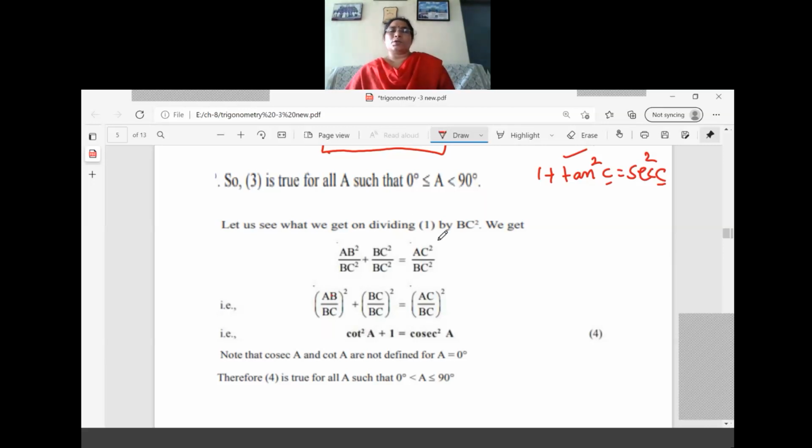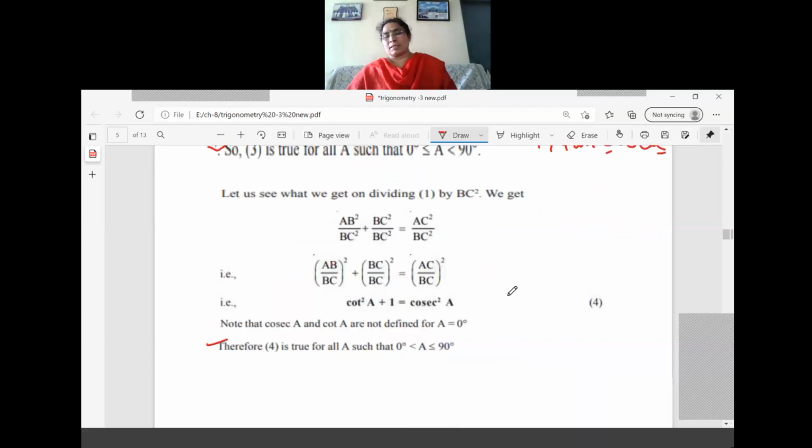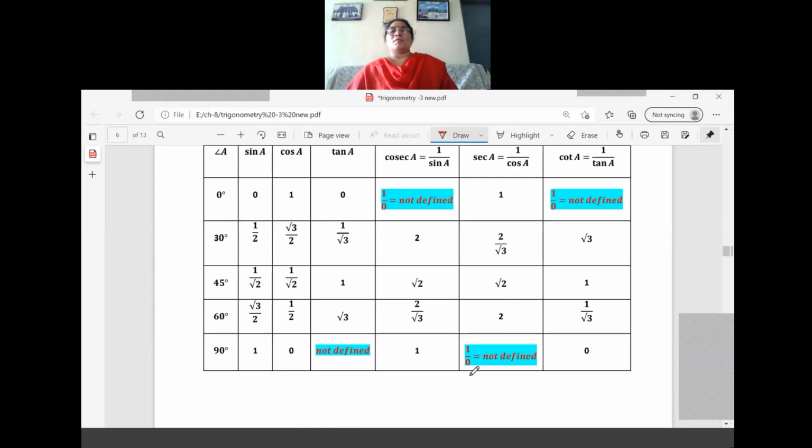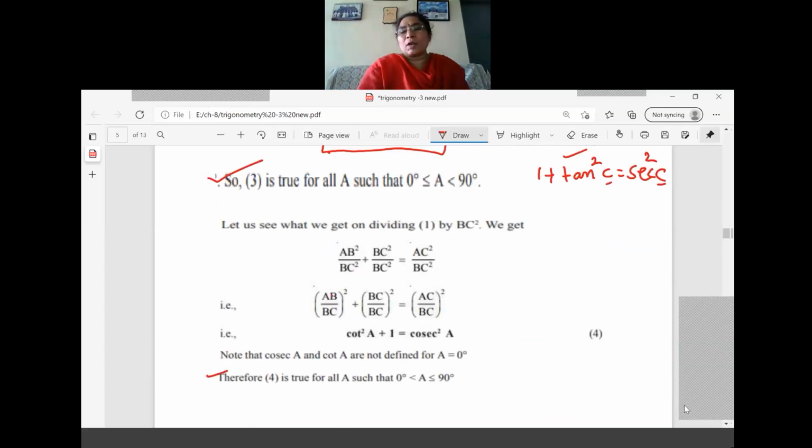Now in this equation also, if you check the condition, here also some condition is given. Here they have not given it, not equal to 90. Why is it not equal to 90? Just check the values in the table, what happens when tan 90 comes, when sec 90 comes. You know the table very well. What is tan 90? It is not defined. What is sec 90? It is also not defined. That is why, when we are taking the second case condition, they cannot write equal to 90 degrees. See that one? It is 0 less than or equal to A, but not equal to 90 there, because tan 90 and sec 90 are not defined.